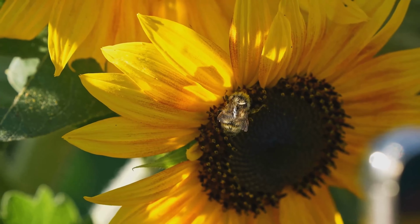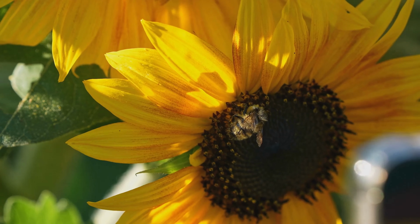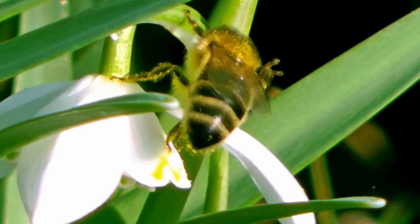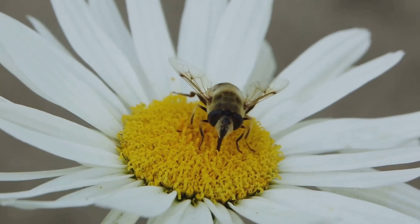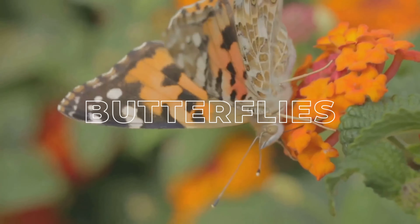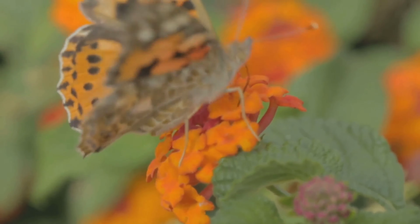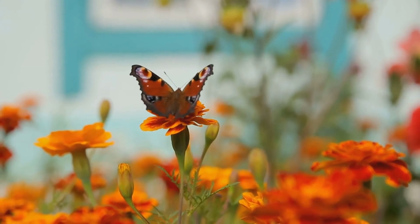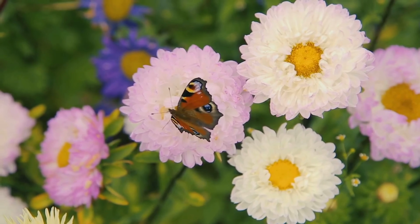Let's start with the most recognized of all pollinators, the bees. These little buzzing wonders are nature's prime pollinators. They are attracted to bright colors and sweet nectar, and as they move from flower to flower, they unknowingly carry pollen on their bodies, aiding in the fertilization process. Next up, we have butterflies. These creatures, with their stunning wings and graceful flight, are not just a delight to watch, but they also play an important role in pollination. Like bees, they are drawn to vibrant flowers where they feed on nectar, and in the process, help in pollen